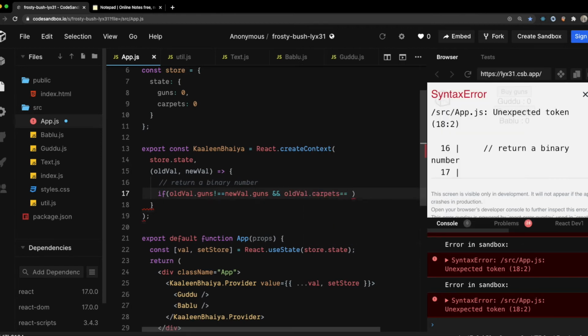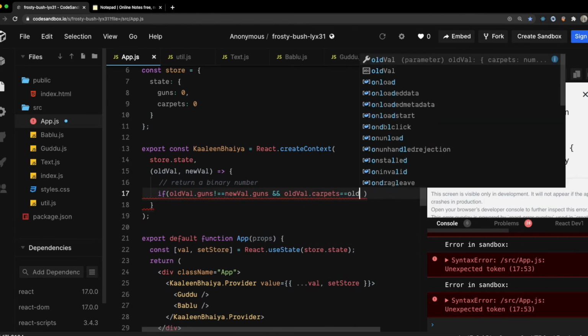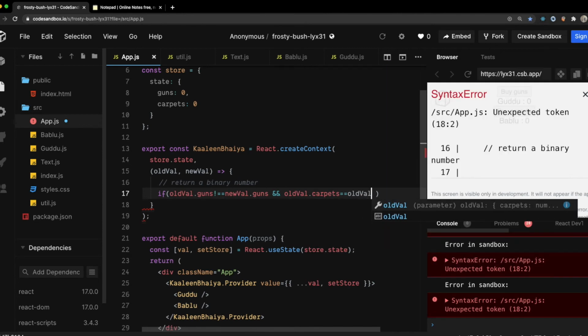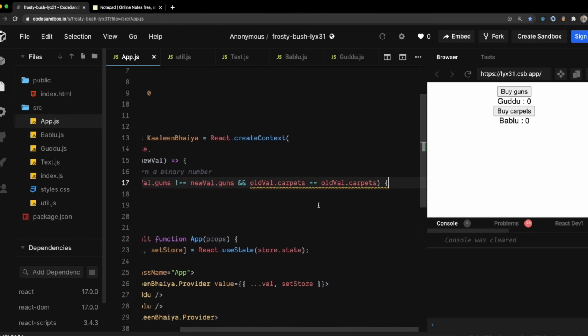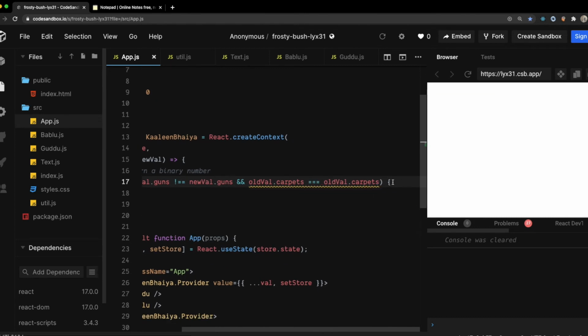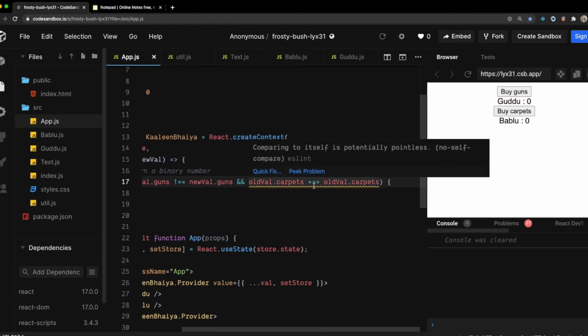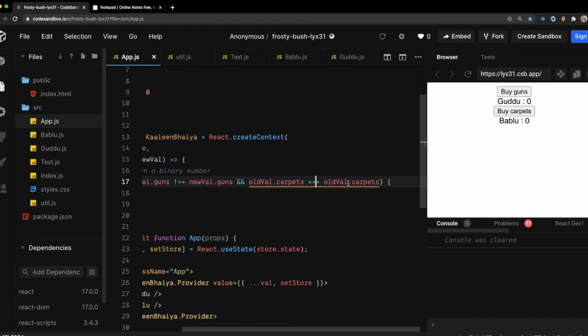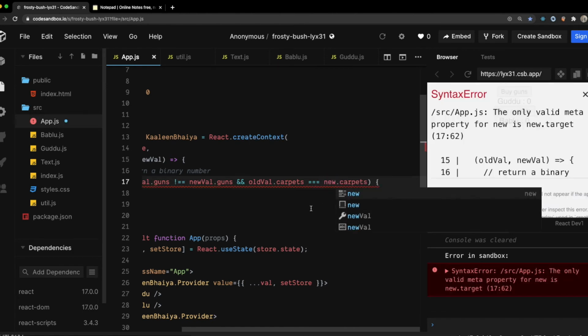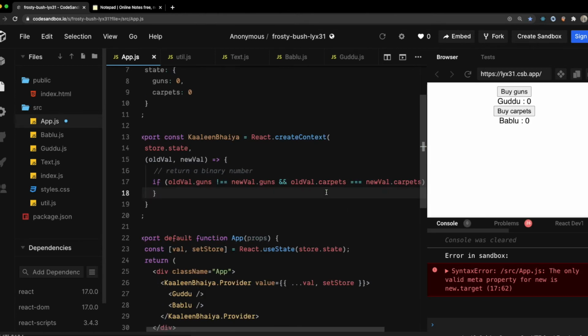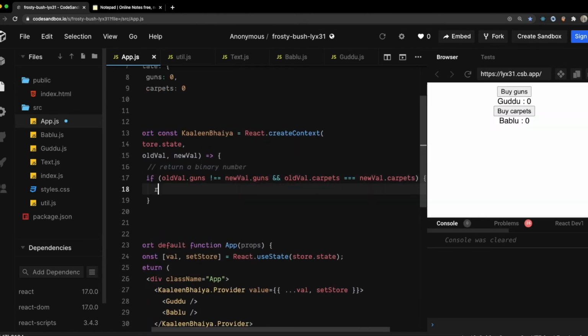This whole conditioning can be made more efficient depending upon what we need. In this case I know that only my guns are changing and my carpets are the same, and I am going to return a binary number.